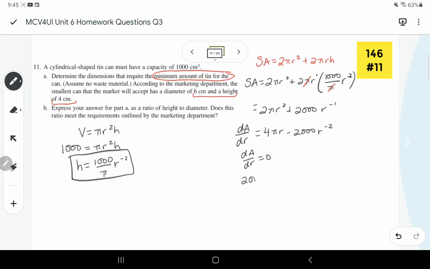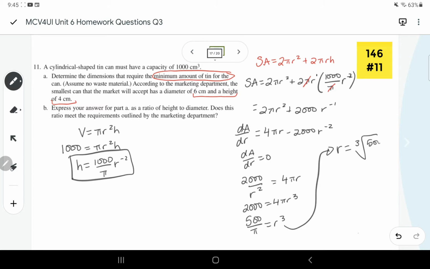So that would be 2,000 over r squared equals 4 pi r. So 4 pi r cubed equals 2,000, so 500 over pi is r cubed, so r is going to be